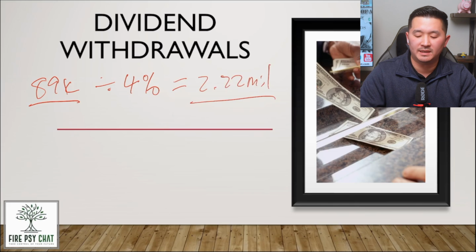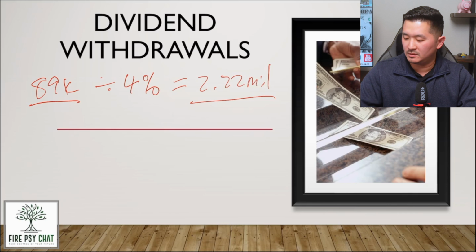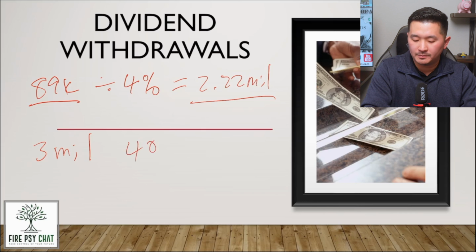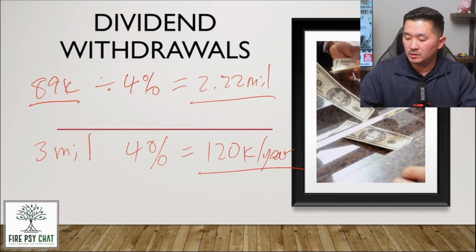Yeah, okay. Thanks, Alexa. That's why I have Alexa. That was too big of a number for me to figure out. But divided by 4%, that would be $2.22 million, right? And if I had $3 million invested, yielding 4% annually, that's 120K a year, right? This is before the standard tax deduction. So I could potentially make 120K a year in tax-free dividend income in the year 2033 or 2035.